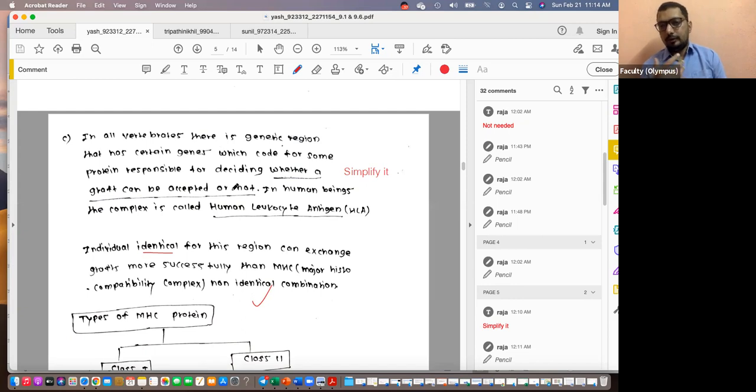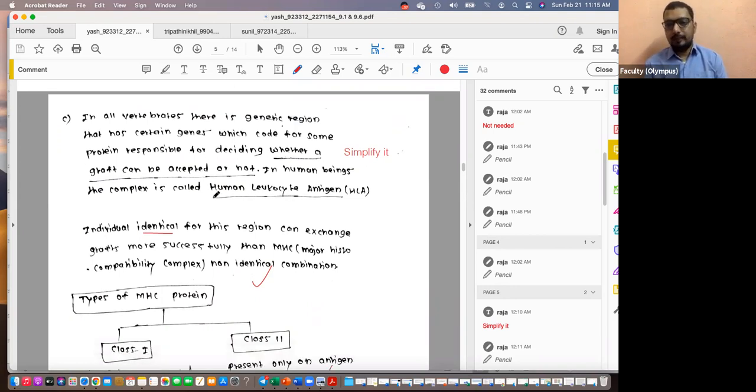Okay, to improve the clarity, focus on the keywords. Polymorphism means the same character or a related gene is present in multiple forms, like A, B, O blood groups, multiple blood groups. Explain it with a simple example like that. A simple, clear definition is required to begin with, because that gives the examiner an impression of how well you are going to write. Okay, so simple statements are better.